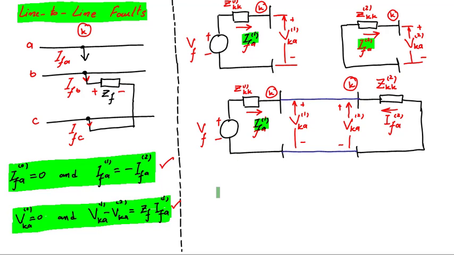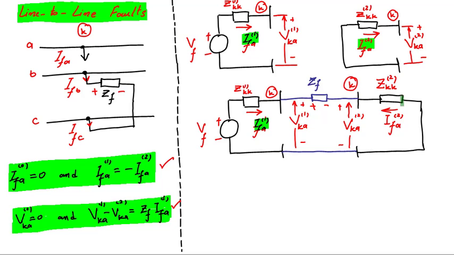When this current IFA positive sequence passes through it, it will produce this voltage drop. So that modification is the insertion of an impedance, and here we can see the voltage drop across this impedance is IFA positive sequence into ZF. Now it is satisfied. The difference of Vk positive sequence and Vk negative sequence is now equal to this voltage drop. So this circuit is known as the Thevenin sequence equivalent circuit of a line to line fault, or we can say it is the sequence equivalent circuit of a line to line fault.